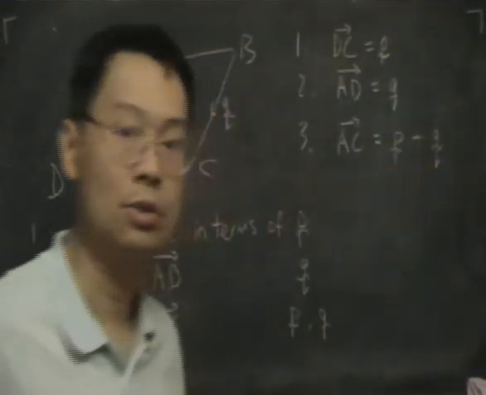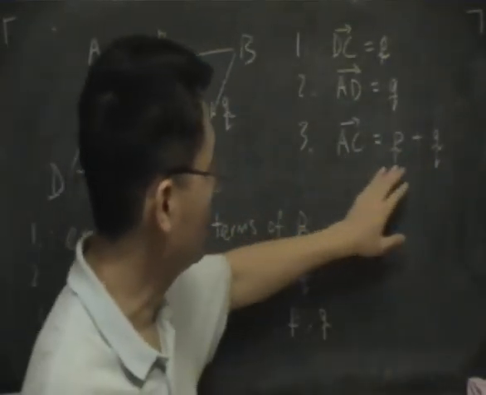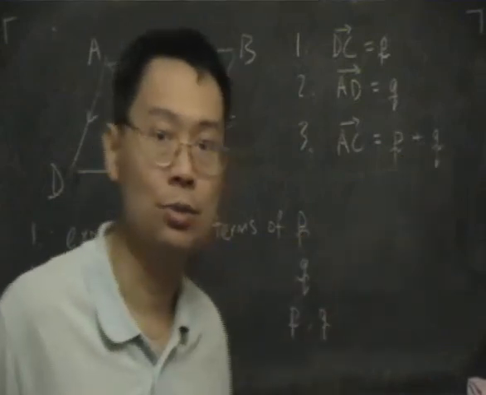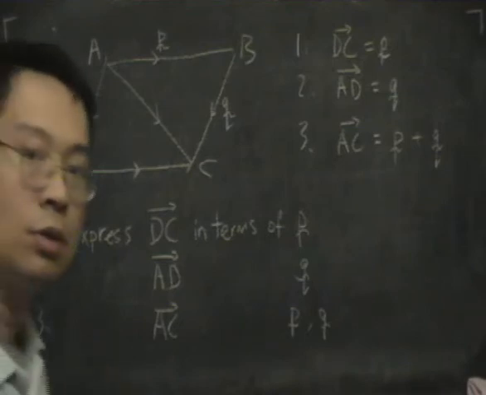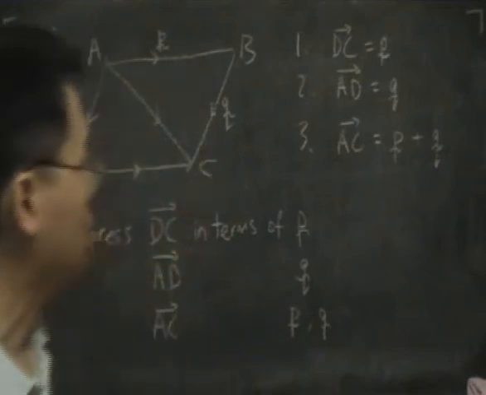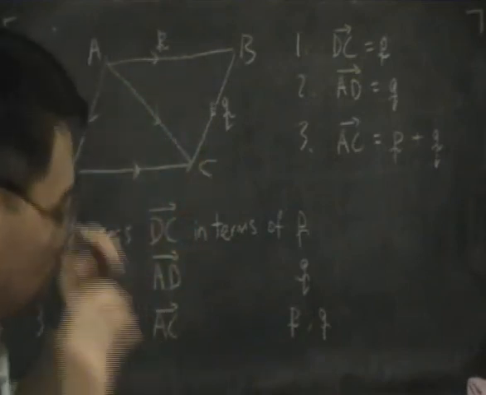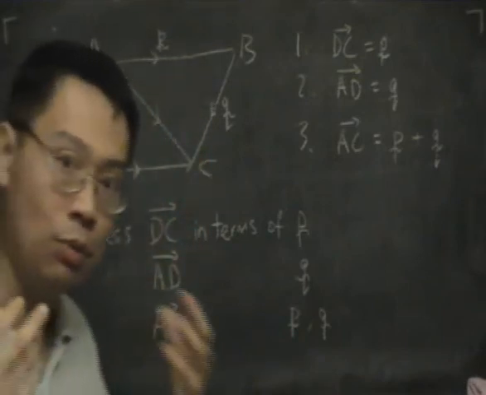And that's the answer. I've just expressed AC in terms of P and Q. So that's how we do this question. If you're seeing this for the first time, it would all seem a little abstract, but the main thing is to remember that